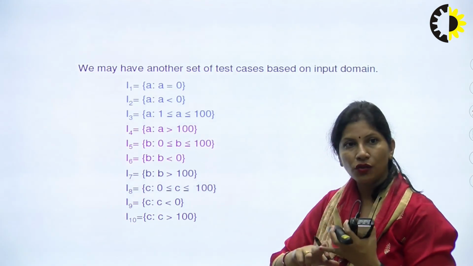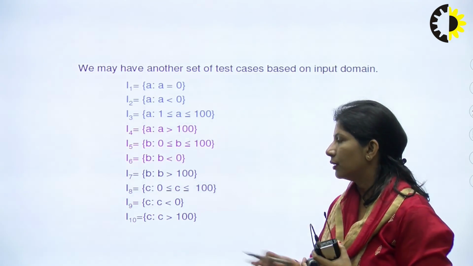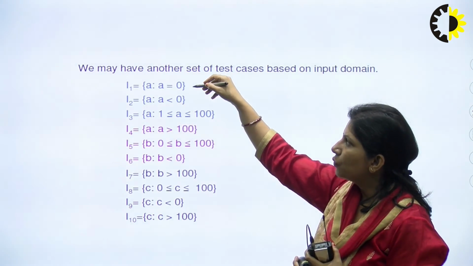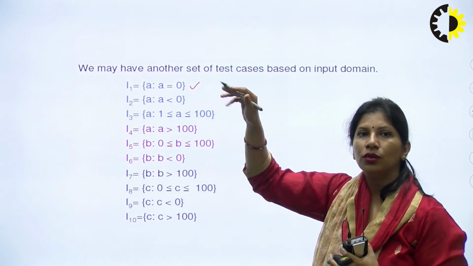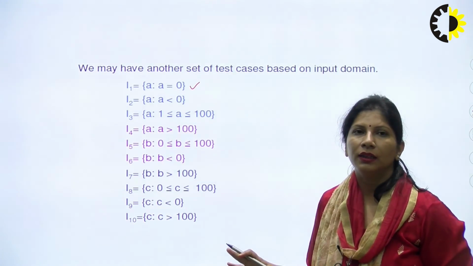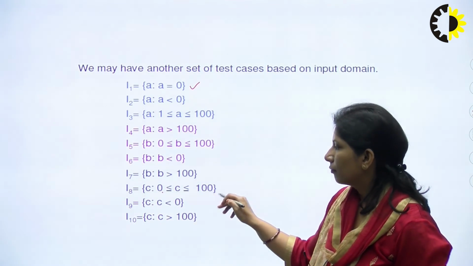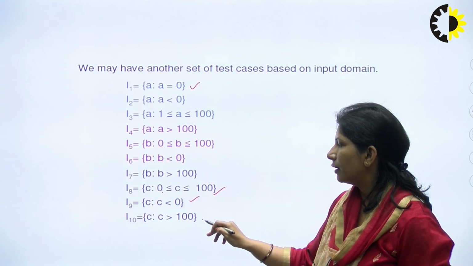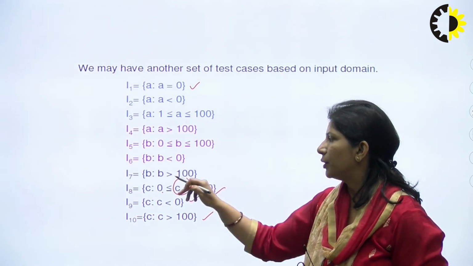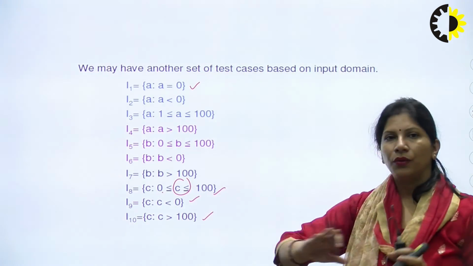Again, for B, the value is between 0 and 100, less than, or greater than. Here I have chosen A equal to 0 only, not for B, because when the value of A is equal to 0, we will find another kind of root. Then again for C, the same: less than 0, greater than 0, and between 0 and 100. Now according to this, we will create the